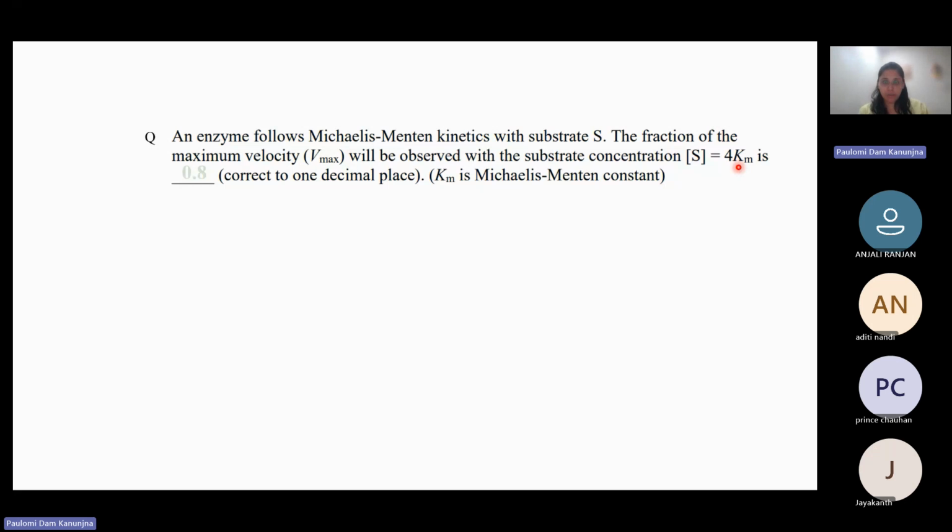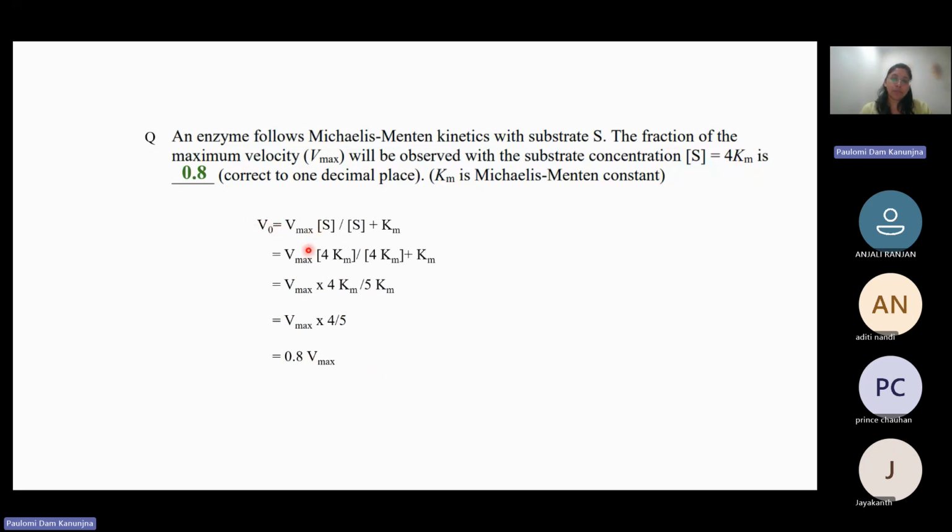As you people have already answered it correctly, 0.8. And this is what you have done. I am sure this is the equation that you used. V naught is equal to Vmax into S divided by S plus Km. Where basically in place of S, we have to write 4 Km. So 4 Km in the numerator, 4 Km in the denominator. In the numerator, it becomes Vmax into 4 Km. In the denominator, it is 4 Km plus 1 Km, 5 Km. Km gets cancelled. You have Vmax into 4 by 5. Now,